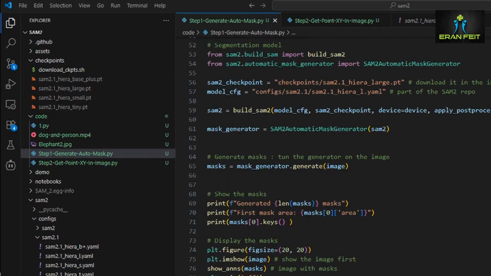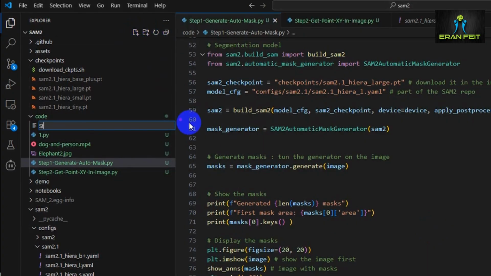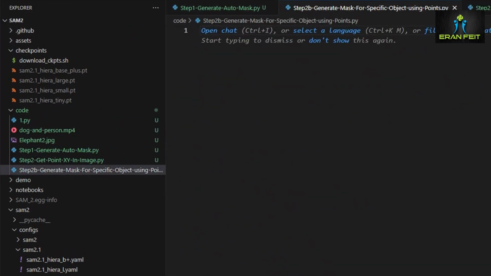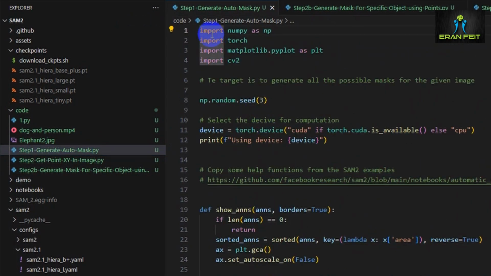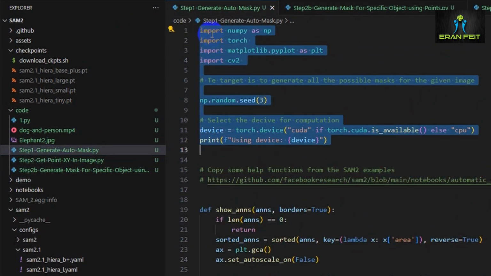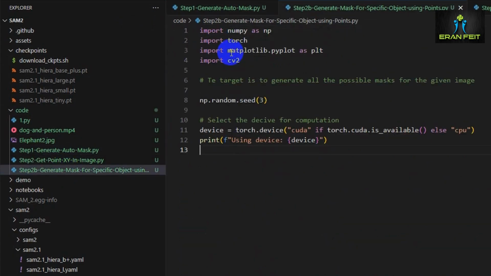So let's continue to the next Python code. Let's create step number 2b, generate a mask for a specific object, let's say using points. We will start with importing the relevant libraries. Let's copy it from our previous code,